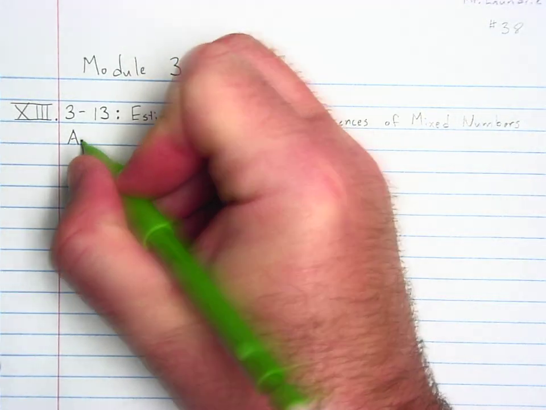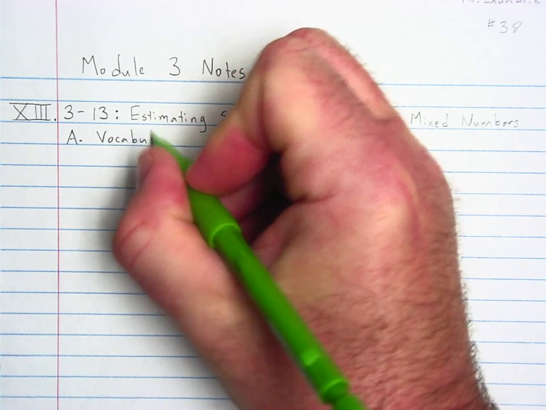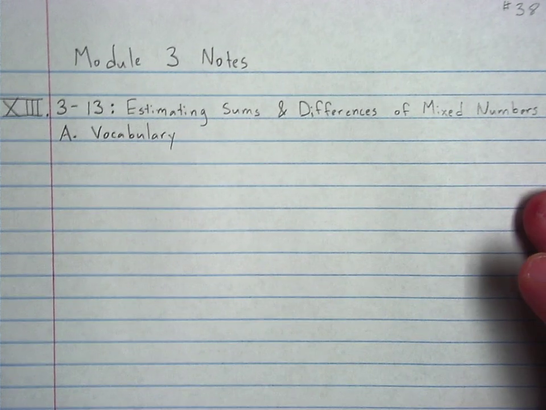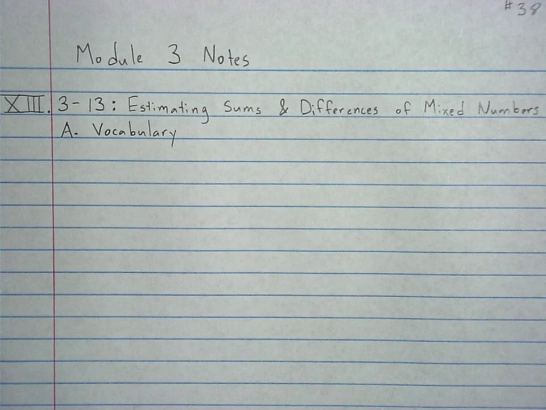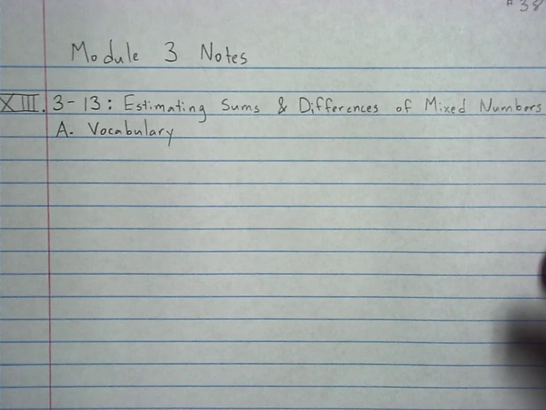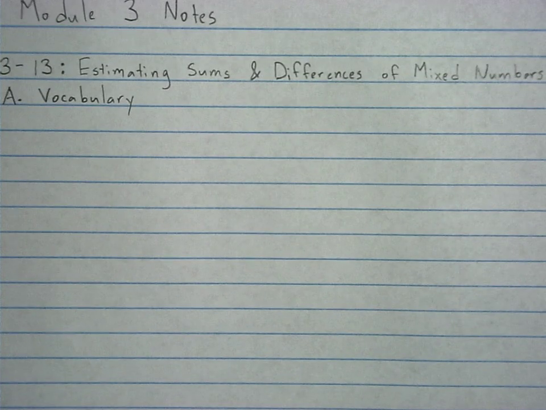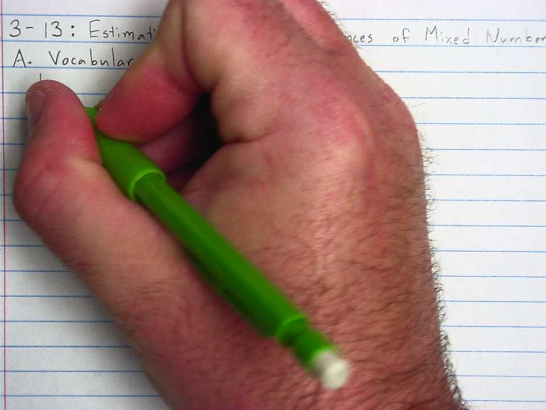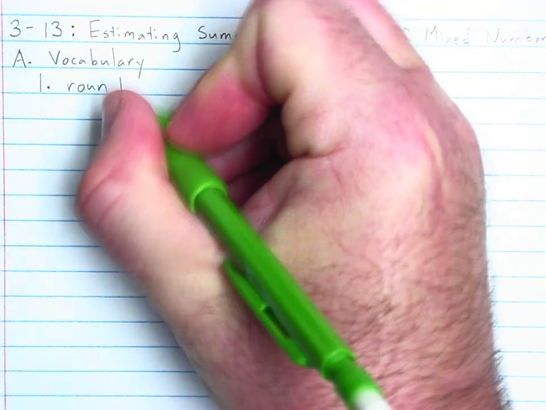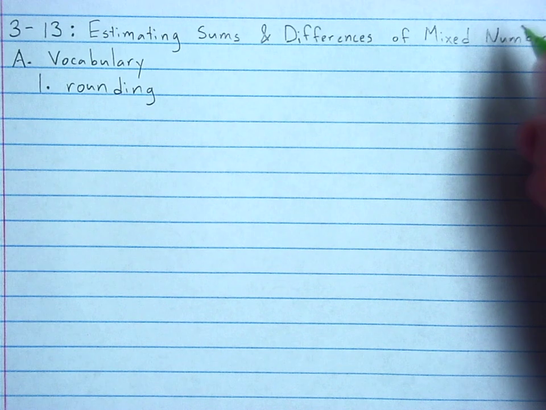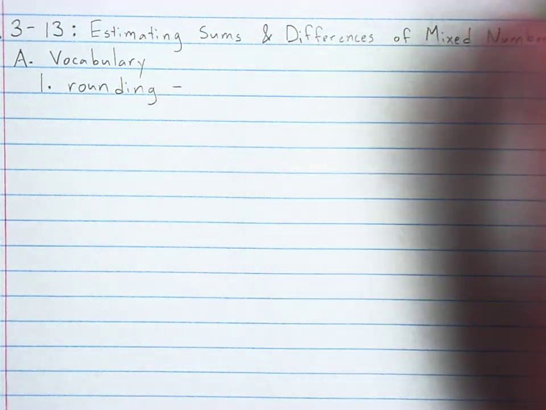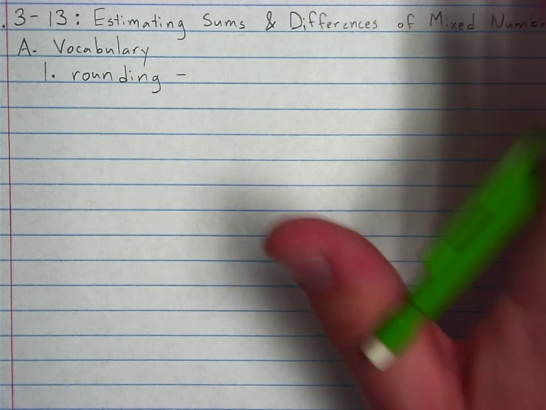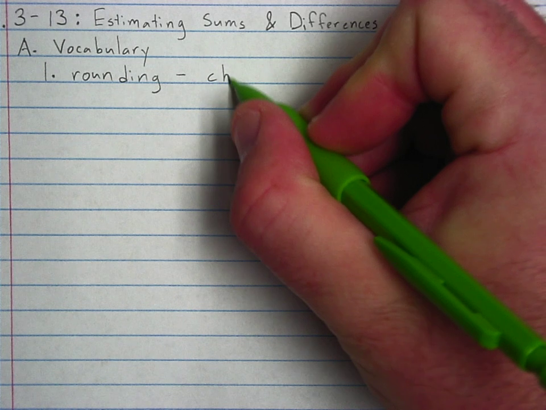We'll do a little bit of vocabulary. It has been a while since we've talked about some of these estimation terms. So hopefully you have Roman numeral 13, estimating sums and differences of mixed numbers, because I am going to zoom in a bit. Our first vocabulary term, just like usual, we're going to talk about rounding. What is rounding? I know I give you this definition a lot, but it's very important to me that you remember specifically what rounding is. Rounding is changing